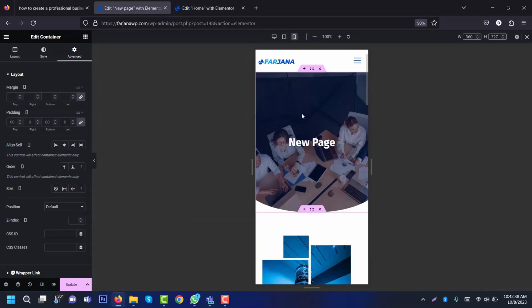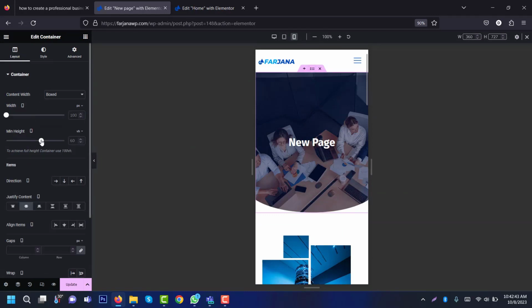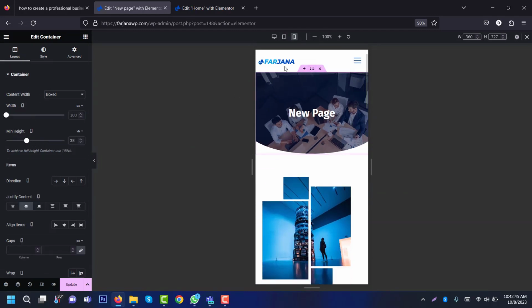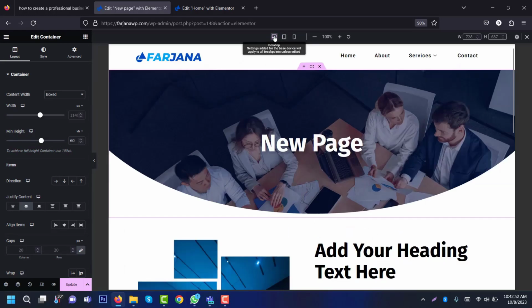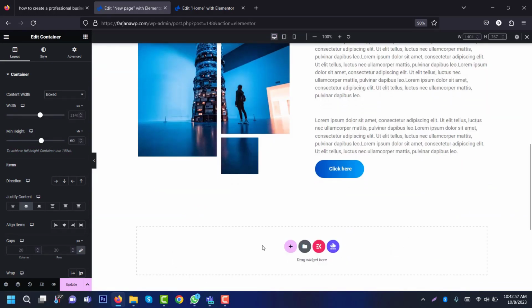And here we can also decrease the banner. So going to edit container and min height, we can decrease it. Also for the tablet we can decrease it, going to desktop. And then for the next section we can also create a new section from scratch like this, or if we